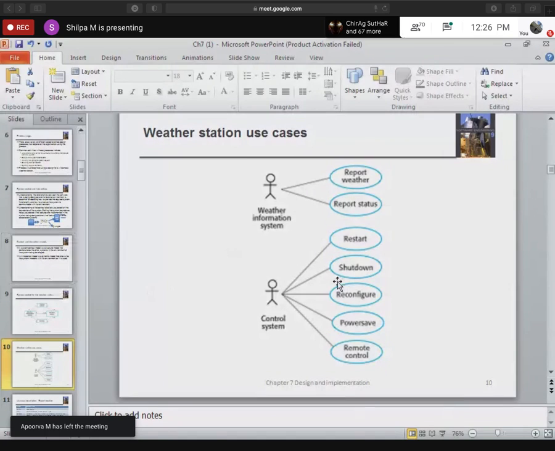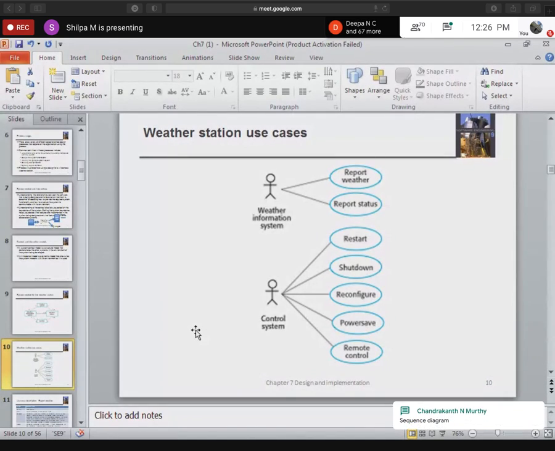If I say shutdown, what are the activities involved within the shutdown? All such descriptions are given in what diagram? I've taught you some diagram. Which diagram is that?